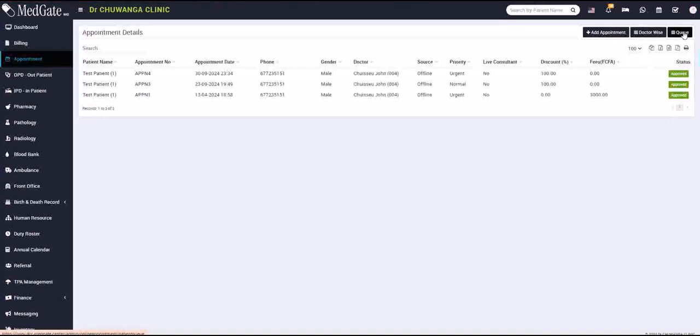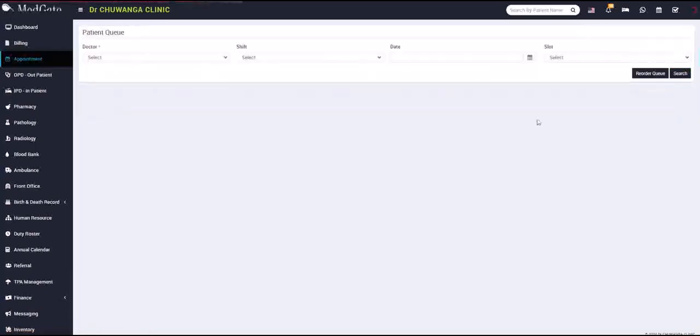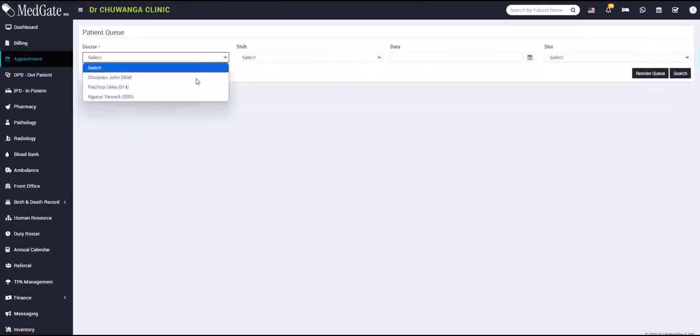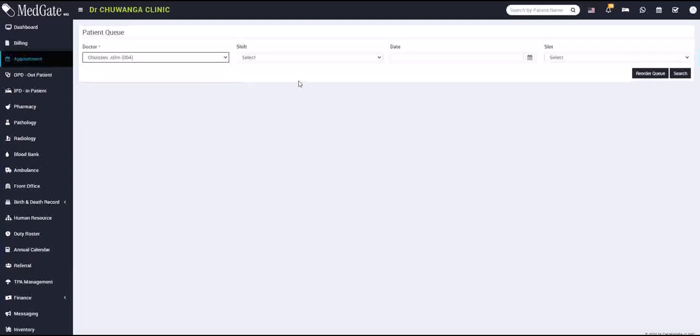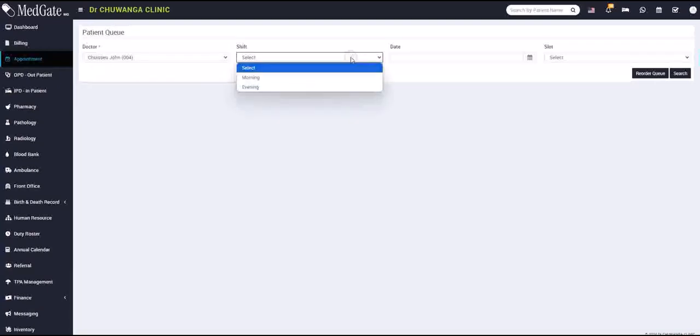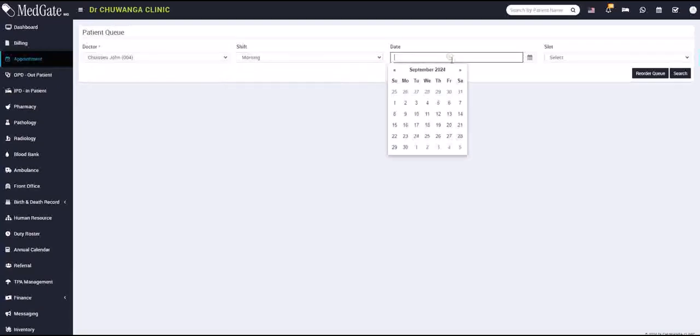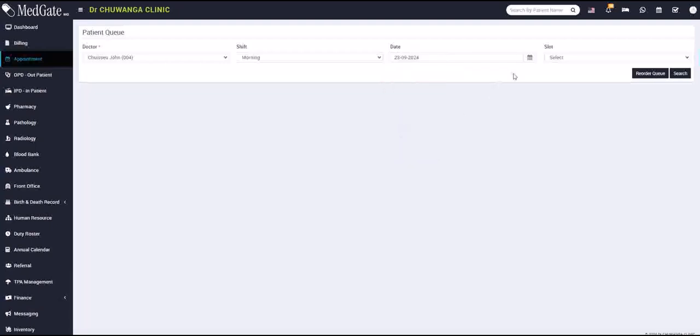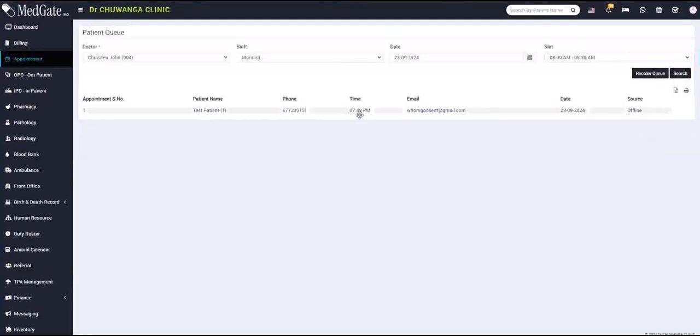And there is a queue option here, which will give you an overview of what's actually happening. So I select the doctor, and then I select the shift, and I select the date and the slot in the morning, and I search. This doctor is booked for that time. So I could select another time and see